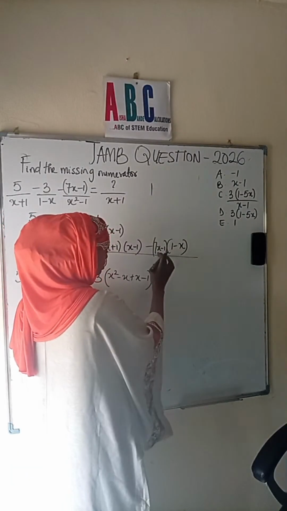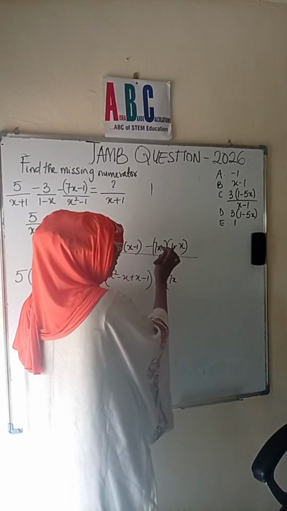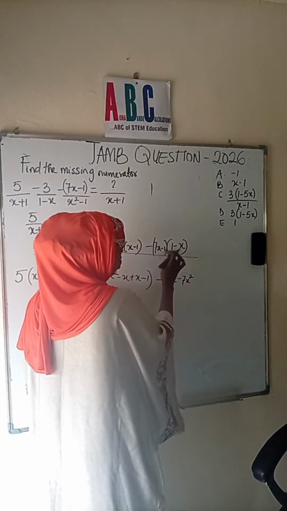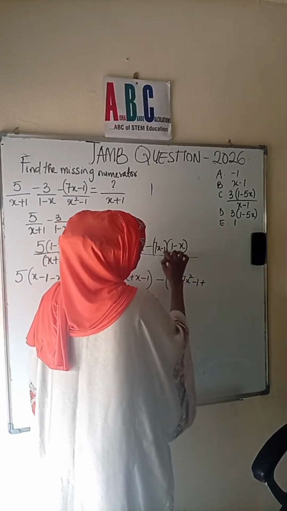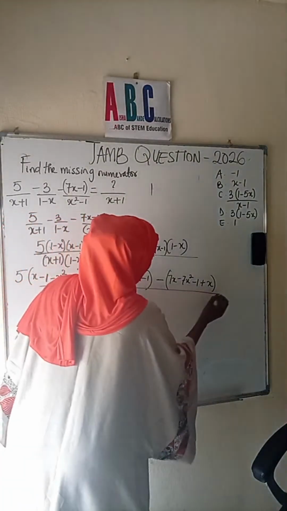Minus, now let's expand this. 7x times 1 is 7x. 7x times minus x is minus 7x squared. Now minus 1 times 1 is minus 1. Minus times minus is plus, and 1 times x gives us x. Now, all over,